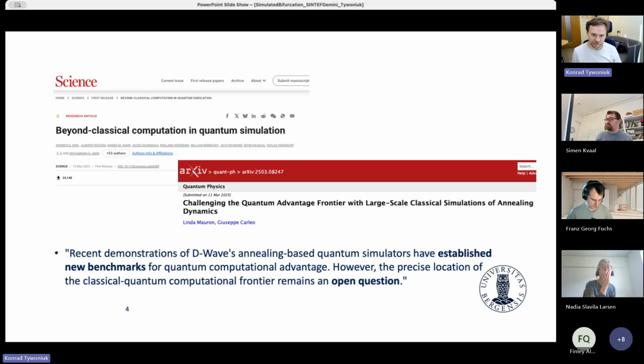So recently, last year, D-Wave and collaborators posted a new paper on setting up computational benchmarks for quantum simulations or quantum optimization in a narrower sense, perhaps. And those are exactly some kind of spin glass problems on different types of lattices, etc. But there's still an open question whether the advantages that you can see in, for instance, D-Wave or other types of quantum simulations are related to the quantum nature of the simulation, or there could also be smart, efficient classical algorithms that can do a very good job. So here there's an answer from this year,